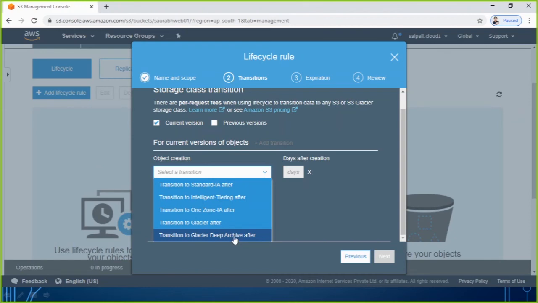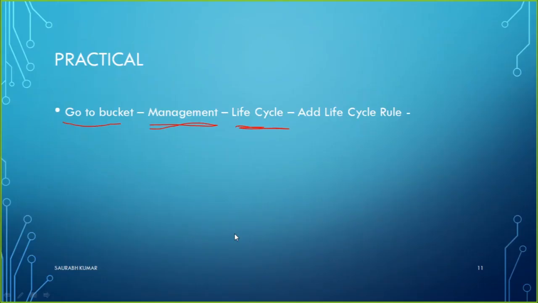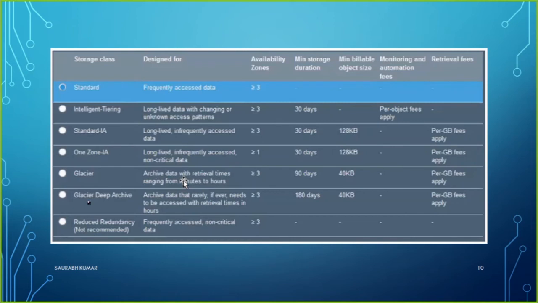Where you want to move? Let me go back to my slide and I demonstrate it once again. These are the options. So by default my data right now is in Standard. It is asking me if